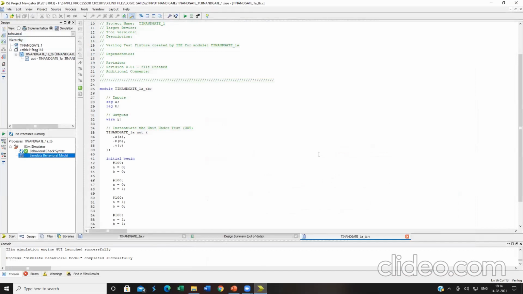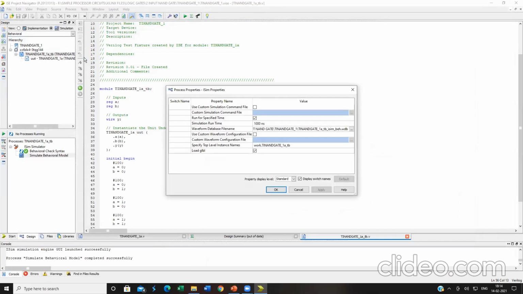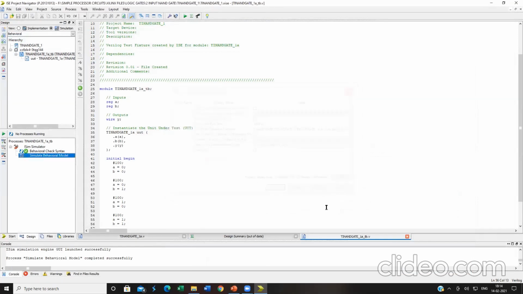That's all. Okay. Now what I'm going to do: once you come to the simulation window, you can select up to what nanoseconds you want the program to run. For this, first you have to create the test bench file like this.